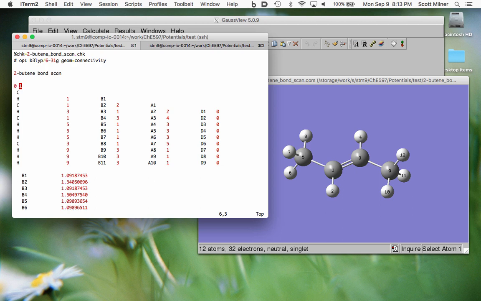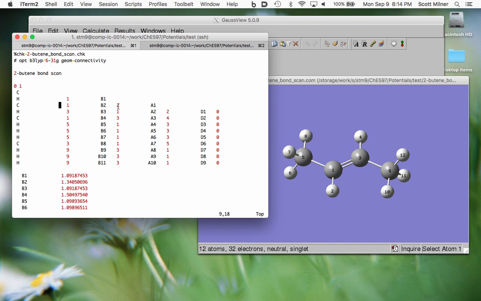So first it tells the total charge and the spin state. Charge 0, spin singlet, that's the 0 and the 1. And then it starts listing the atoms in the order of these numbers here, the order that they got added in a certain sense. So here's carbon number 1, that's the first atom. There's the hydrogen, that's the second atom. And you see it's bonded to atom number 1 with a bond length B1. And then the next carbon, that's atom number 3, okay, is bonded to 1 with a bond length B2,